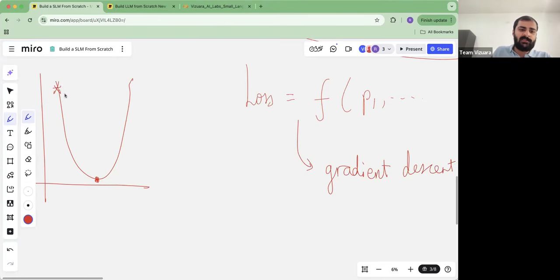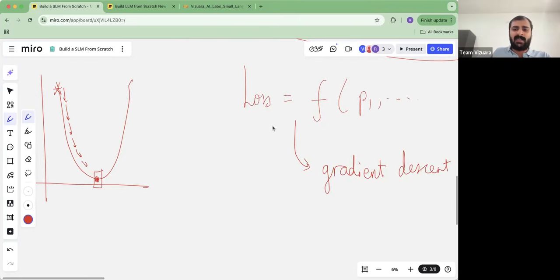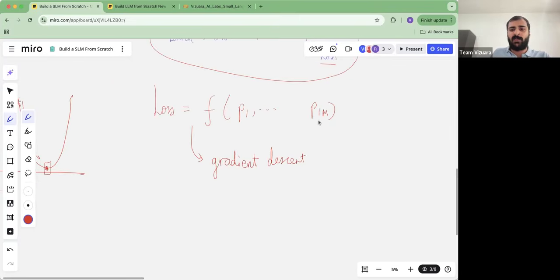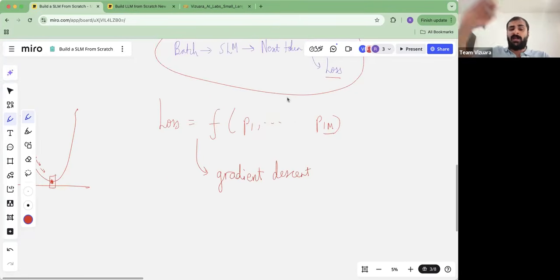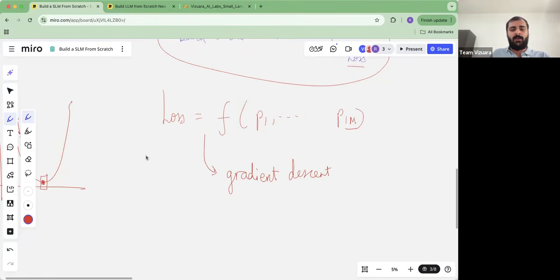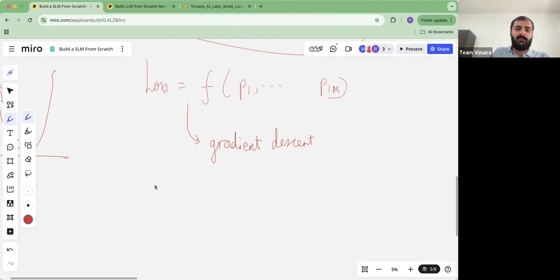How do you minimize the loss? You go in the direction of the steepest descent, and you hope that you might come to this local minima. This is exactly what we are going to do now, but for these 1 million or 100 million parameters which we have. What we are going to do is find the partial derivative of the loss